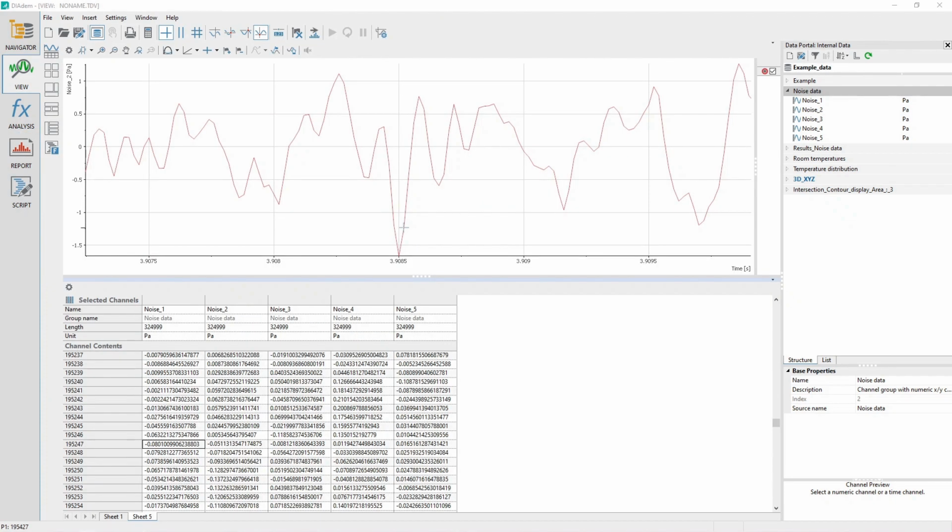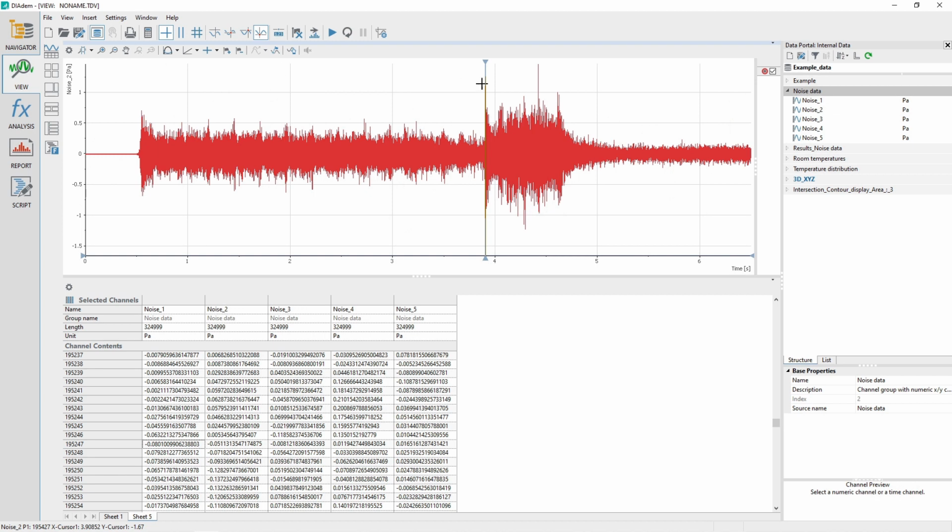Another way to remove a spike is to do it completely from the 2D axis system. Click the 2D axis system Zoom Off option to show the entire time history for channel Noise 2. We are going to graphically remove the spike where the crosshair cursor is positioned at approximately 4.42 seconds. Use the band cursor to zoom into that spike until you can easily use the View toolbar Maximum Values cursor